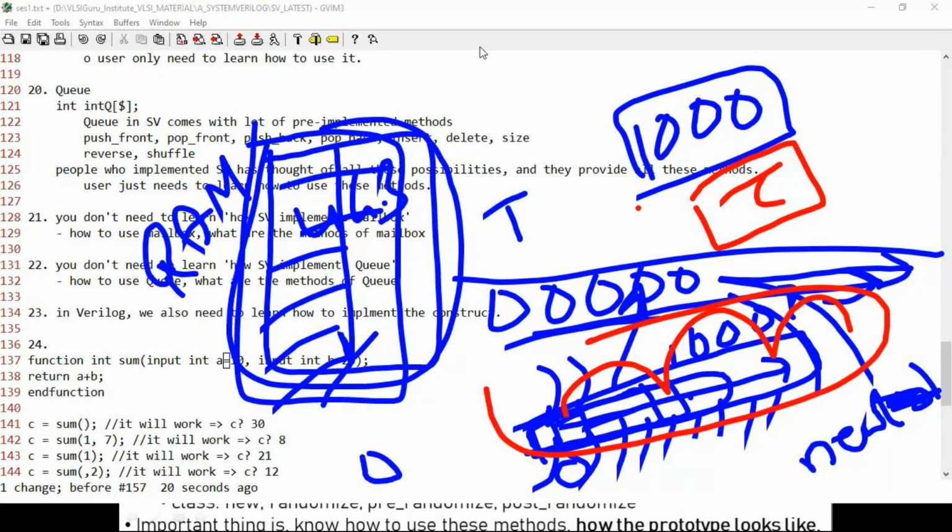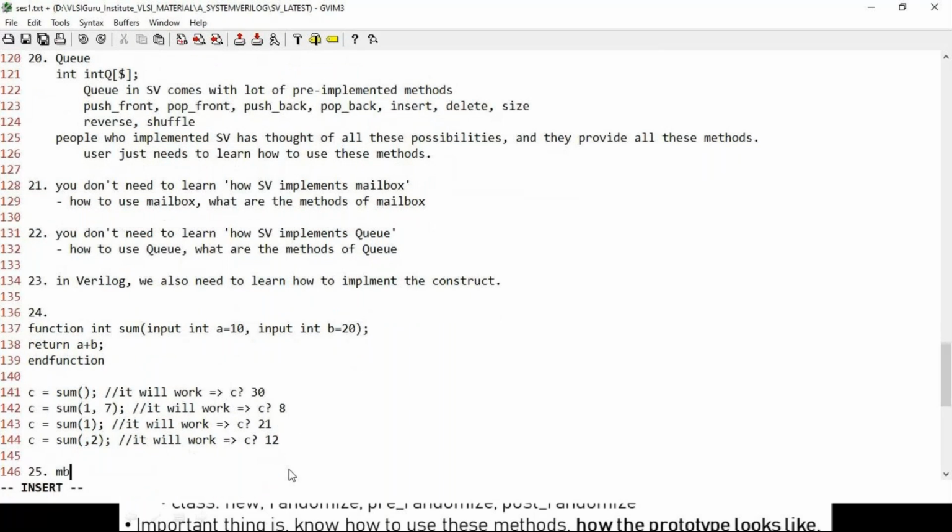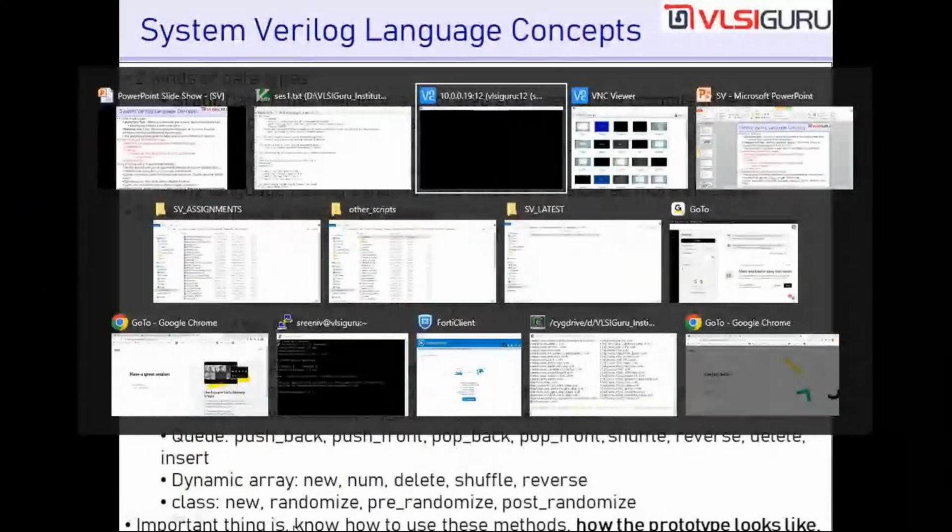Okay, thank you. So when I say mailbox equal to new, it doesn't mean that right now zero elements are there. Same thing we'll notice here also. If you go here,